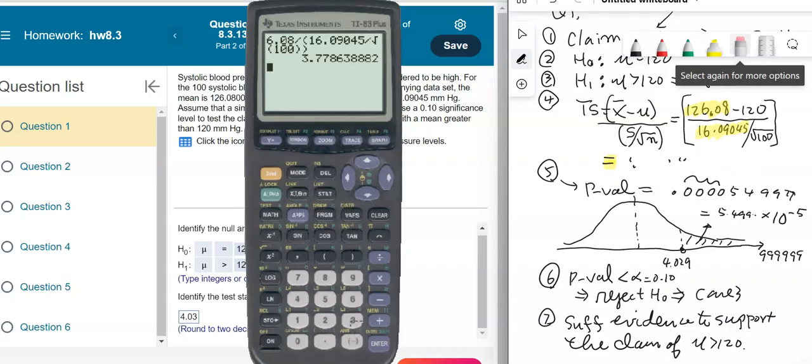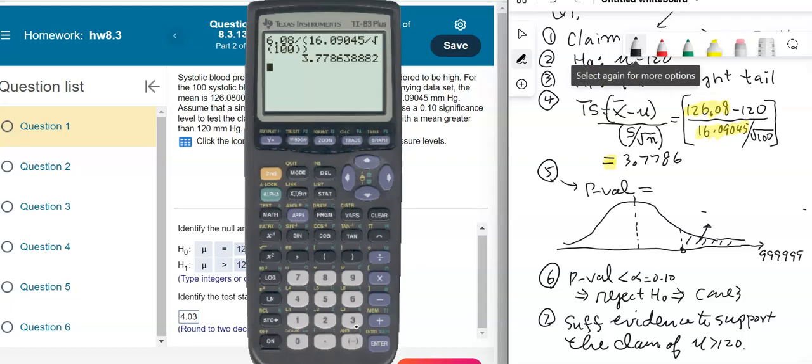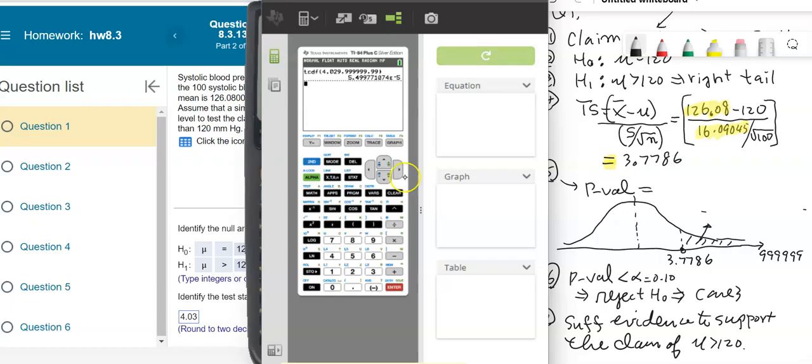So this is actually 3.7786. Okay, so now this changes too, because this is based on 3.7786. So now do it again with this, and then I'm going to clear that, and second bars,